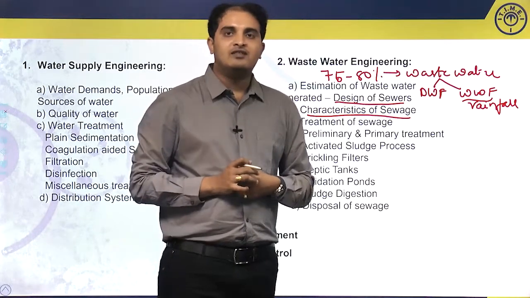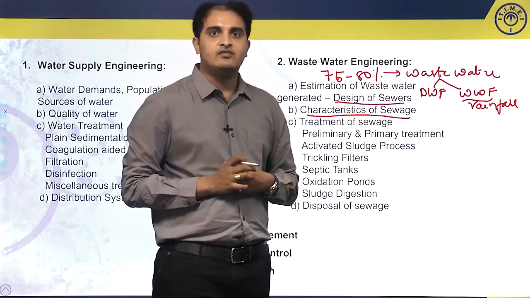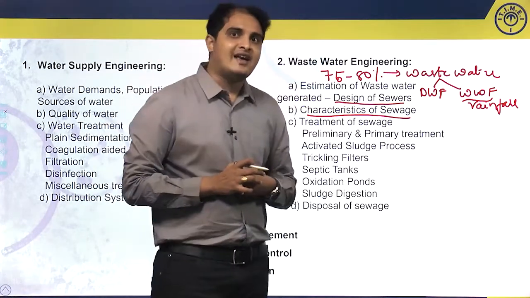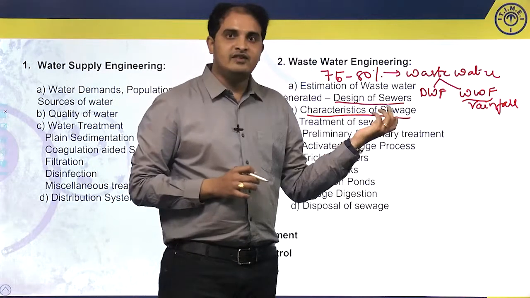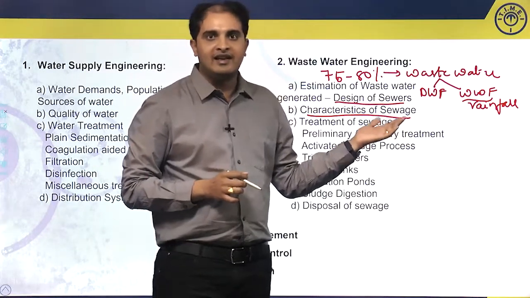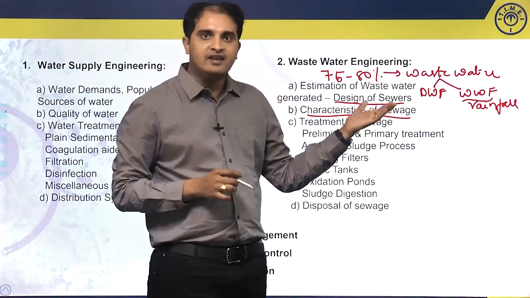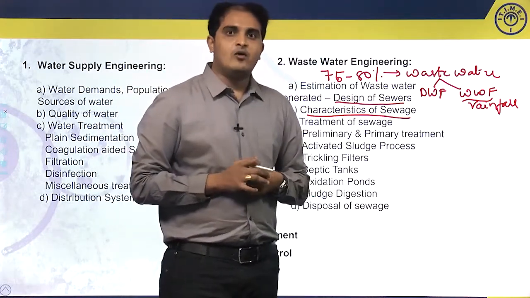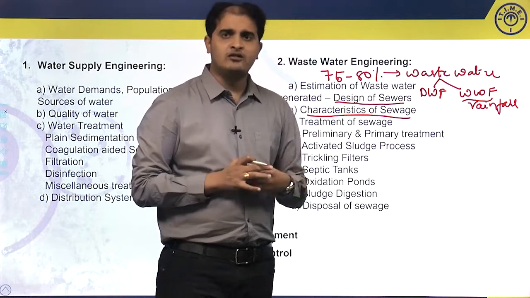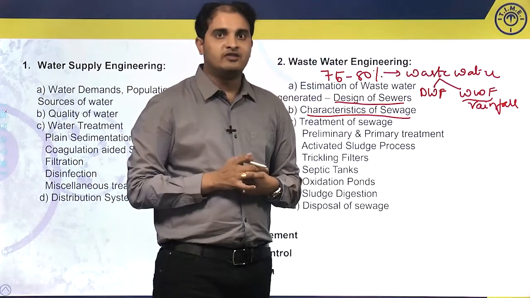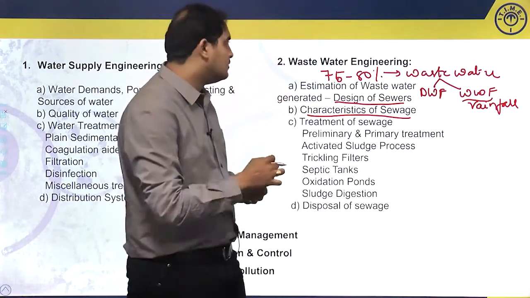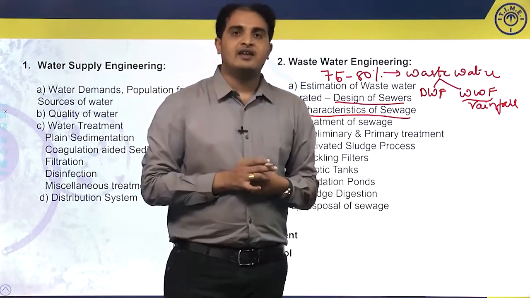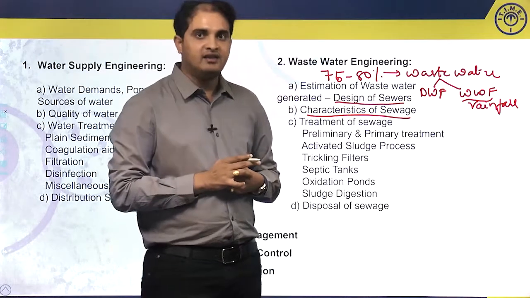Physical quality means, what is the color of the sewage? Is it fresh sewage? If the color is light brown, it is fresh; if the sewage is dark brown to black in color, we can call it dark sewage. The temperature of sewage generally ranges from 20 to 30 degrees centigrade. Next, we have the bad odor of sewage. We cannot go for the taste of sewage since it's dangerous. So, the physical characteristics involve color, odor, temperature, etc.